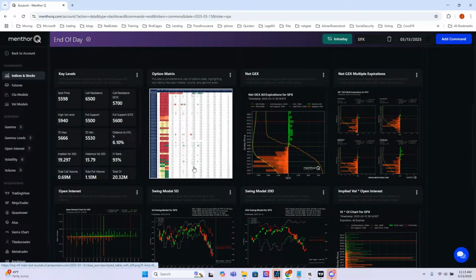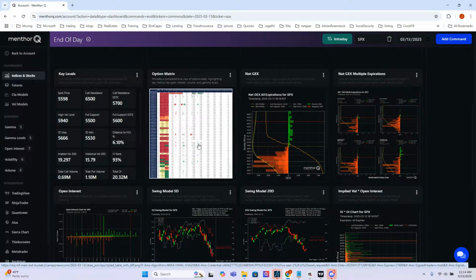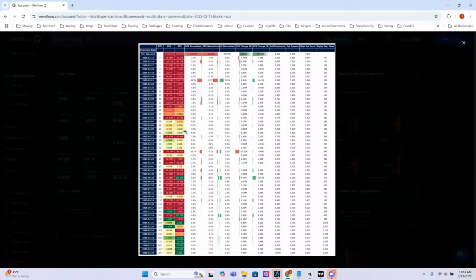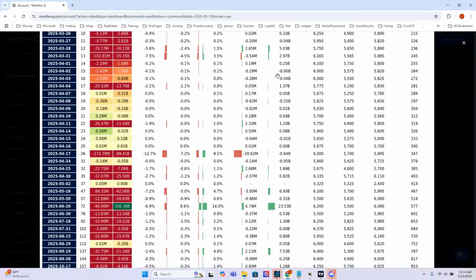The next thing I'll typically look at is this option matrix, this grid, to just get a sense of where, if I'm looking to sell calls, I'm looking for an area where I believe that the S&P is not going to go through. So if we go through this, we can see